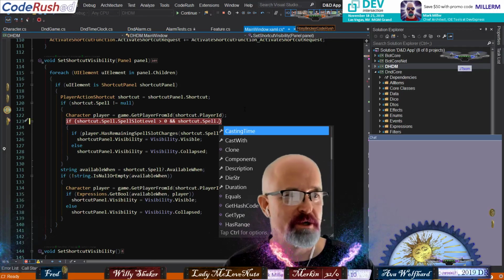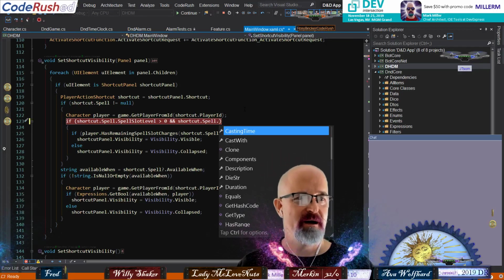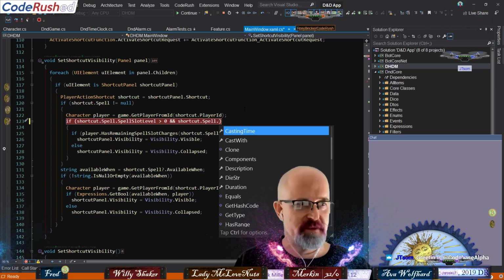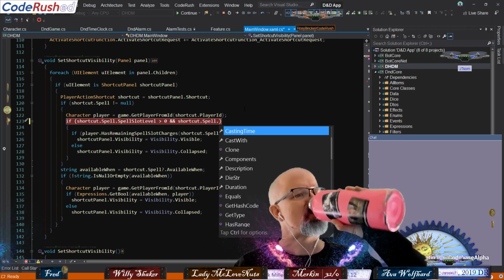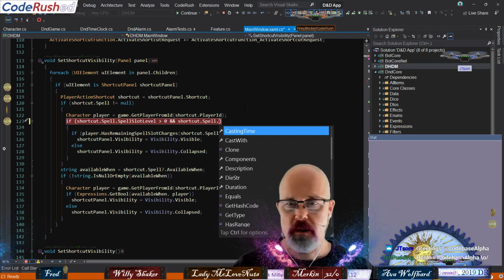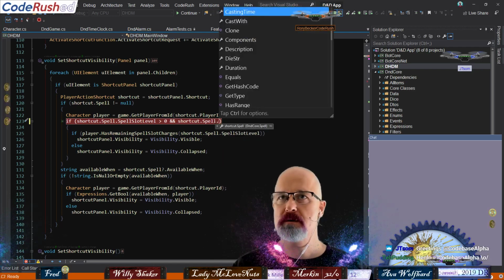Codebase Alpha here. Pudding's here as well. Everybody, 2 days in a row. I'm not sure what 2 days in a row means, but he's been here 2 days in a row. I'm not sure if he is necessarily with us always, but certainly he is correct to say 2 days in a row for his presence. Glad to have you with us, Pudding.